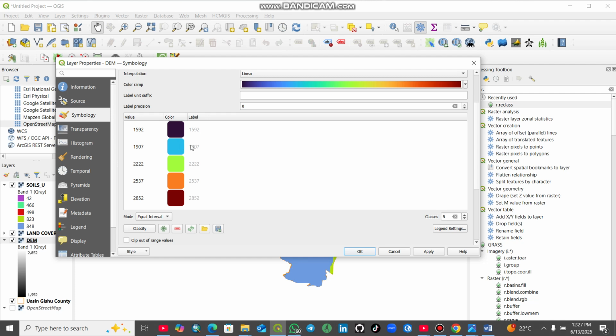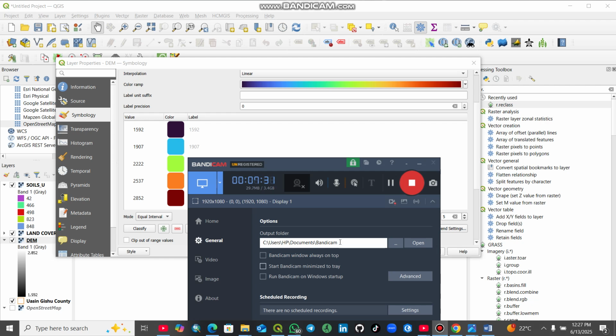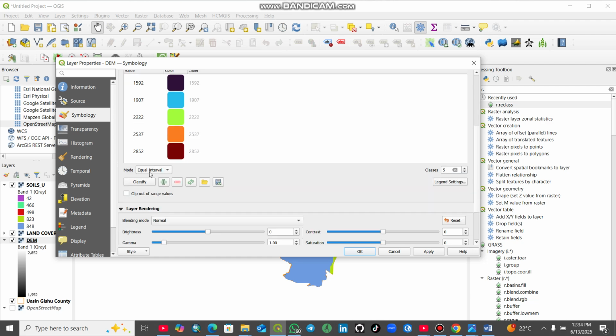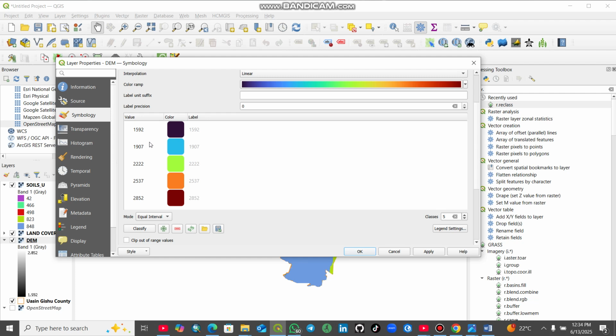This one again, you need to write it down somewhere the way it is and give it a grouping. After we've done this and created 5 classes, you can see our lowest point according to terrain is 1592, and then the highest